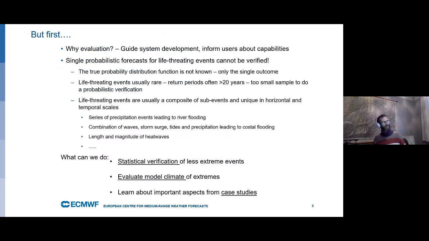Background thoughts. And the first one is why do we do forecast evaluation in the first place? One can see it as a two-fold problem, because at least working at the forecasting institute, we want to make evaluation in order to guide future forecast system development, so to find deficiencies in our current system. But the other part is to inform users about the capabilities of the current forecasting system. And these are two different aspects, and